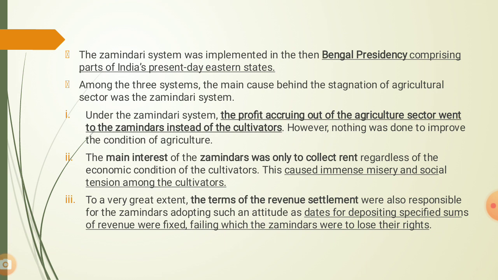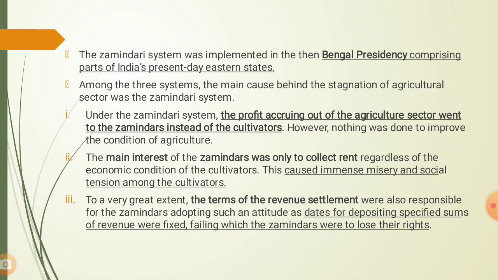Now the third reason behind the stagnation of Indian agriculture was the terms of revenue settlement that were imposed by the British government. Since the zamindars had to pay a fixed sum of money, a fixed rent, to the British government, their main interest was to collect revenue. The dates of depositing specified sums of the revenue were also fixed. So the zamindars had to pay a sum of money to the British government on a fixed date, and if